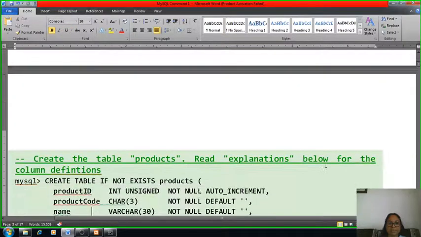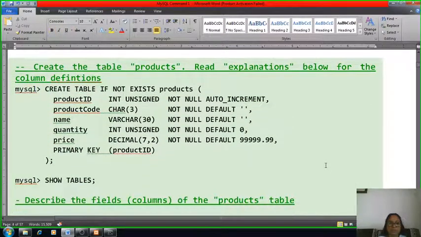Now for this, your command is create table if not exists product. If not exists is a clause. Through this clause we check every time whether a table with the same name exists or not. Suppose it exists, it will display a message or it will not create any table, and suppose it does not exist, then it will create the table. Without that we can also create tables, but through this clause two things are covered, checking as well as creating. If not exists then create, otherwise it will not be created.